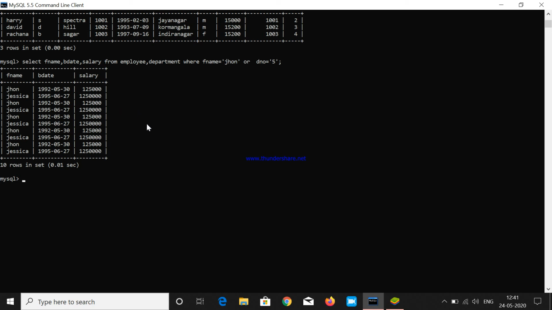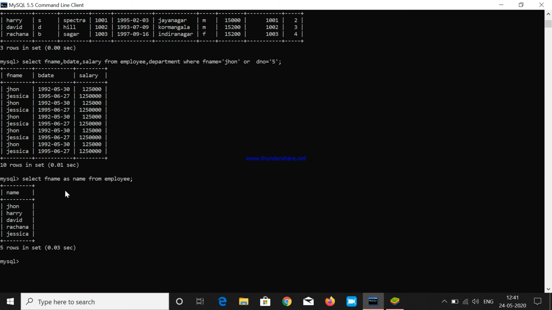Let's go to our next keyword, that is the AS attribute. Here we are giving an alias name with AS. It is used to assign an alias to a column of the table. As you all know, we give nicknames to our friends, so here I'm giving a nickname to the column. I'll write select fname as name from employee. See, I got fname as name.